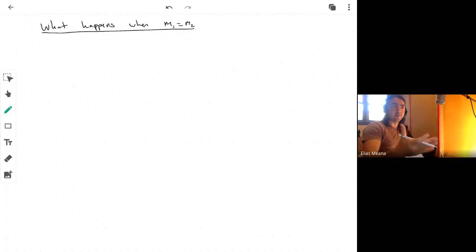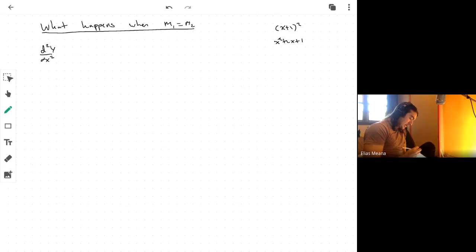I'm going to use particular numbers, like I said. But this exact same thing could be repeated with A, B, and C, and it would be a good exercise for you guys to try it, right? All right, so we're just going to use a particular polynomial that's got repeated roots. The typical one to do is (x plus 1) squared, right? So that's just x squared plus 2x plus 1. So let's solve the differential equation d squared y dx squared plus 2 dy dx plus